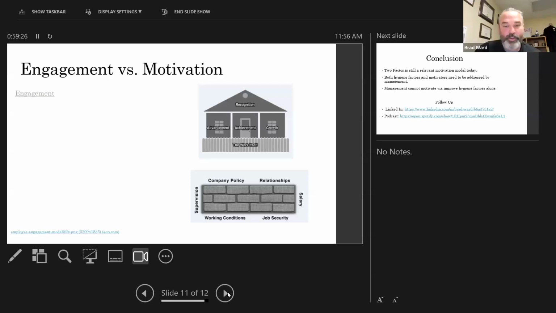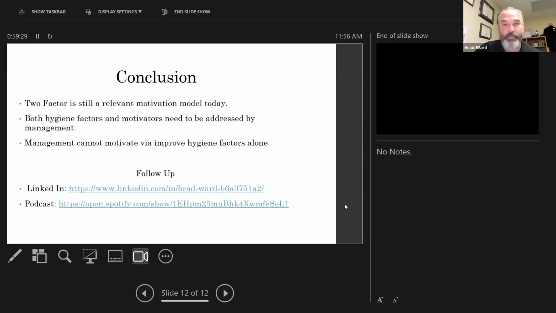And again, I don't know what version of my screen you're looking at, but this is just the conclusion, so we're all fine, then we can chat. So my conclusion, I know I hurried through two-factor, so we can talk here, but two-factor I think is still relevant today, even though it came out in the traditionalist era.